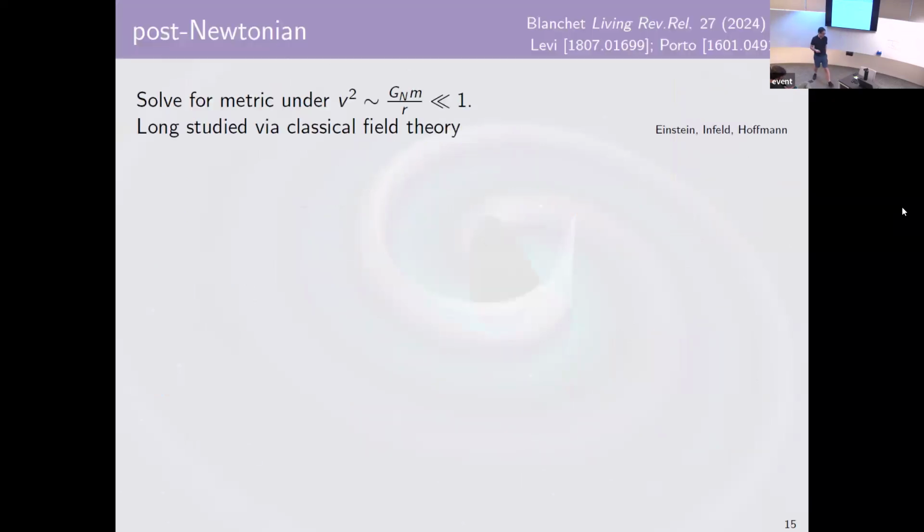Okay, so finally, we'll speed run through post-Newtonian, despite the fact that it was the most dense section that I was going to prepare, because it's the one that I at all directly worked on. So for post-Newtonian, we're essentially solving for the system under the assumption that both v squared and the potential are small. This is effectively invoking the virial theorem. This is also essentially the very first computation of gravitational waves, way back with Einstein and his collaborators. So you'd say this is by far the longest studied branch of analytic perturbation theory for GR and for gravitational waves.